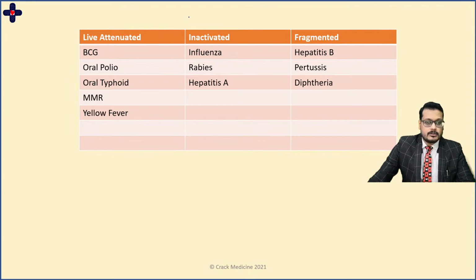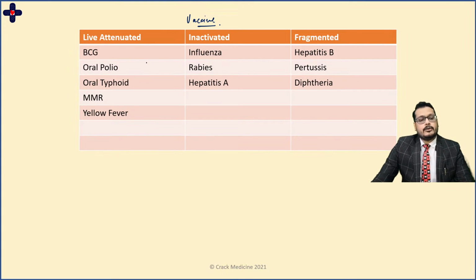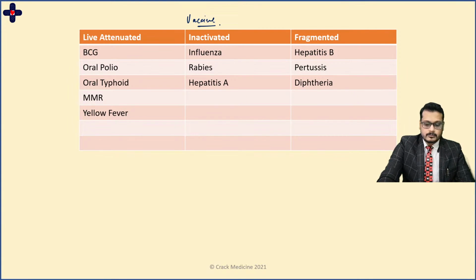So let's talk about the questions again. This is the table that you need to remember, and you can definitely expect one question from here. Live vaccines are contraindicated in pregnancy, so you will not give this to a pregnant lady. Also, you will not give this to a person who is on immunosuppressants or is in any immunocompromised state. Thus, the relevance of this table. I have intentionally left a few spaces so you can fill up more as much as you like. You can make this table your own.